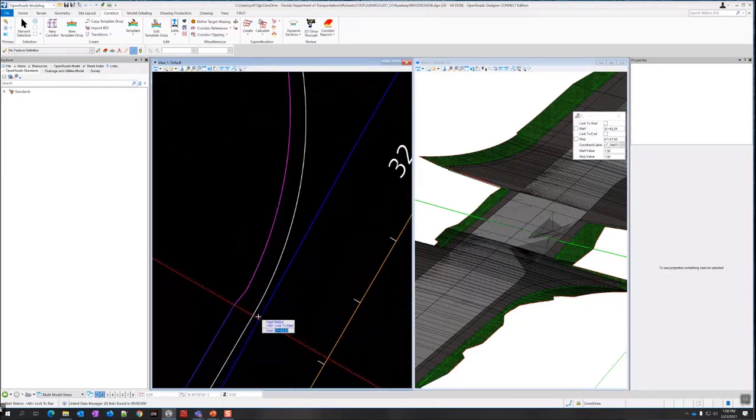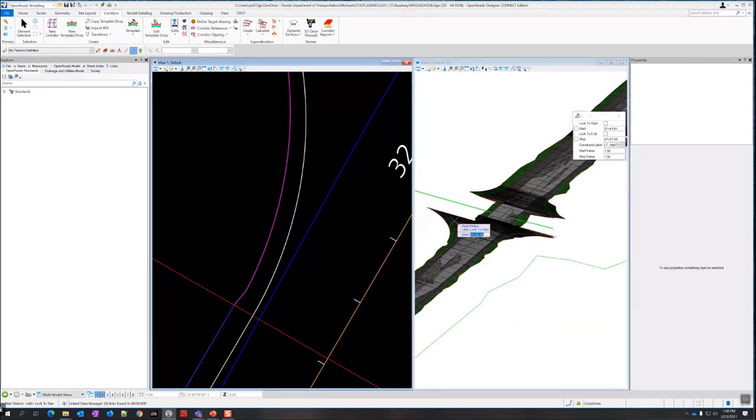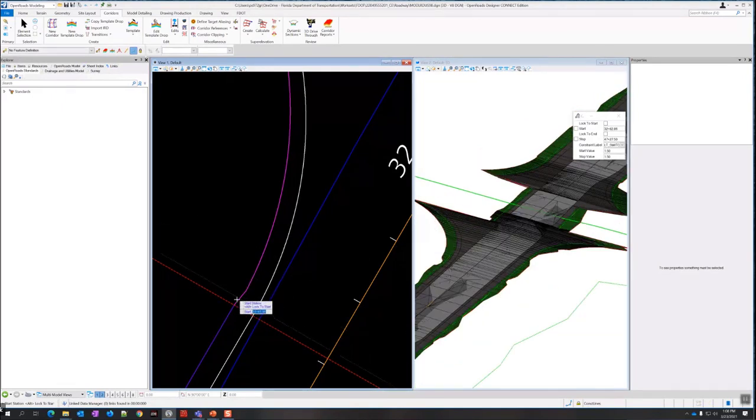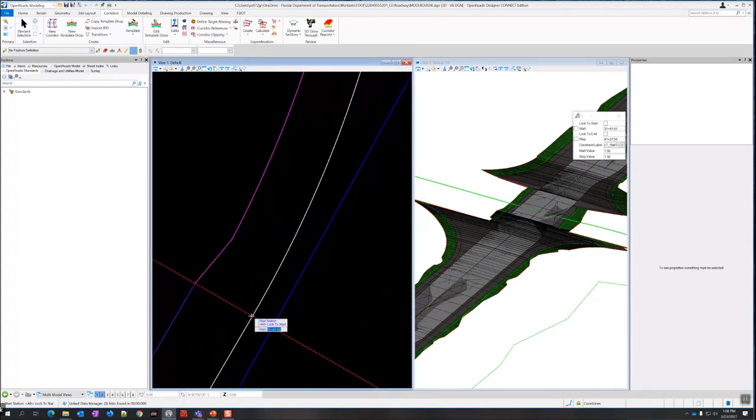Now, we put this key station in before, but the one caveat that I will say is that what tends to happen is if you stop it at the exact station as a key station, it doesn't build that last template. So if we go just beyond it, we can ensure that it builds it.